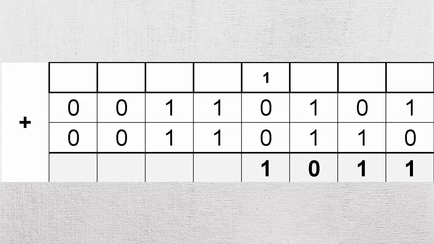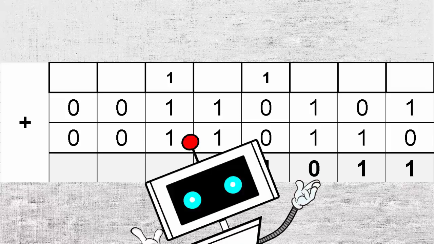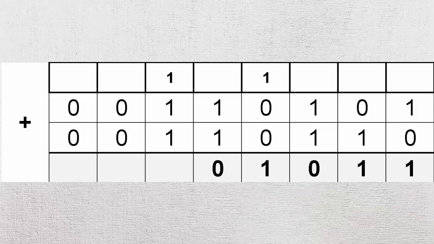0 plus 0 is 0, so nothing changes in this bit. In the next bit, we have 2 1s once again, so it is 10. But wait, the extra 1 carries over to the next bit, which also has 2 1s. Once again, like I said earlier, 1 plus 1 plus 1 is 11, so these 2 bits become 11. And the final outcome should be